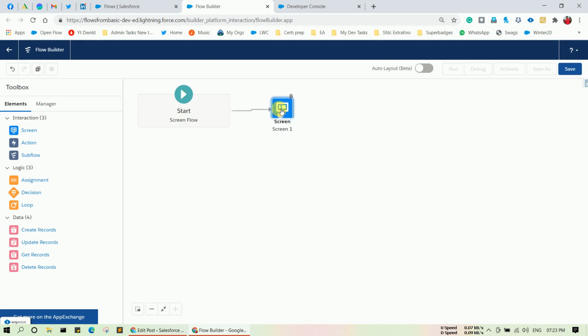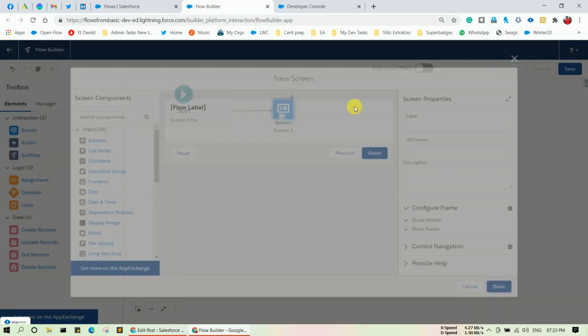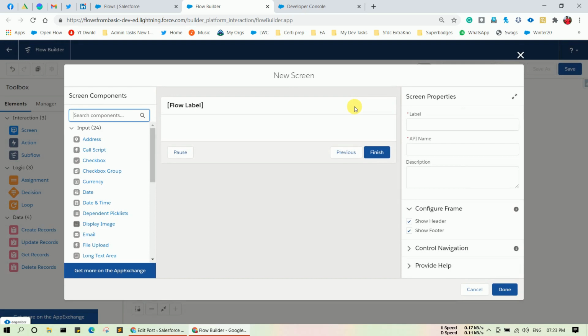As you know, I have two solutions, one for the Lightning component and the second via URL or display text. So I'm going to create another screen, to give the user two choices: whether they get redirected through the Lightning component, or to the particular URL or display text.